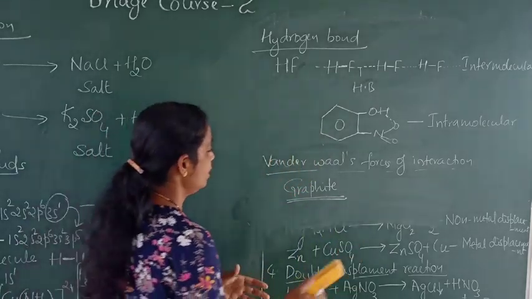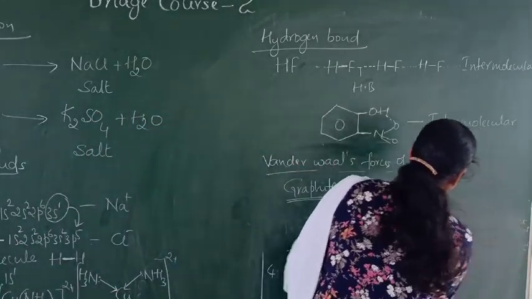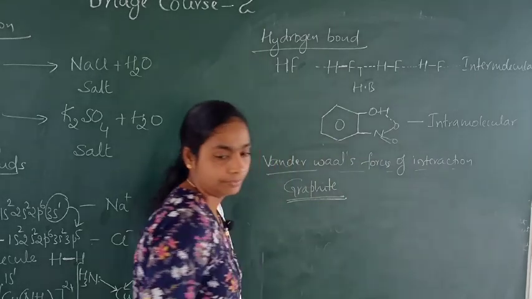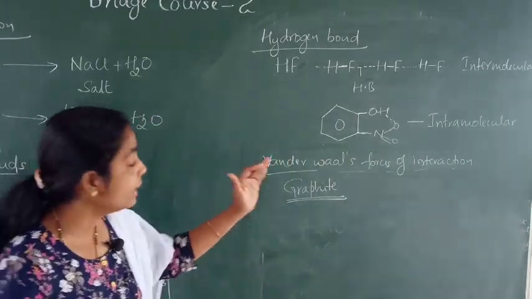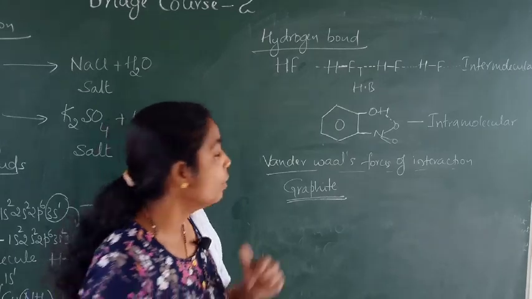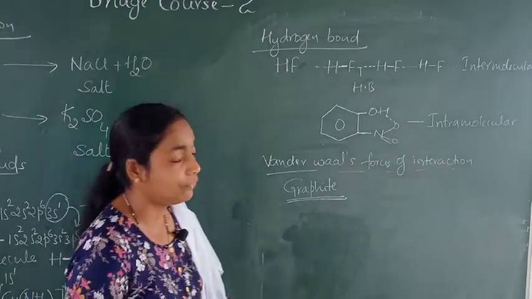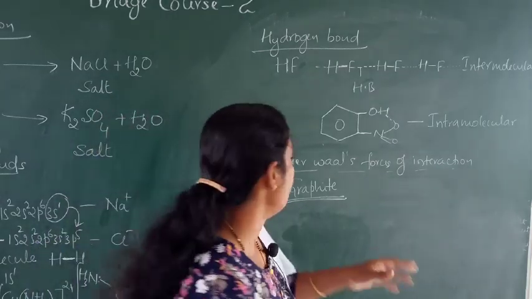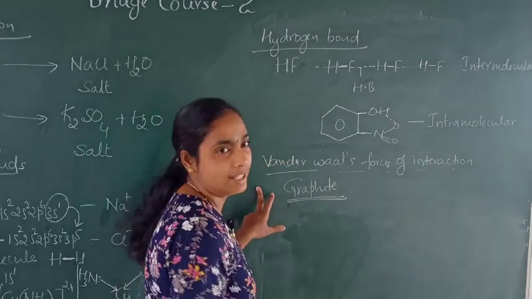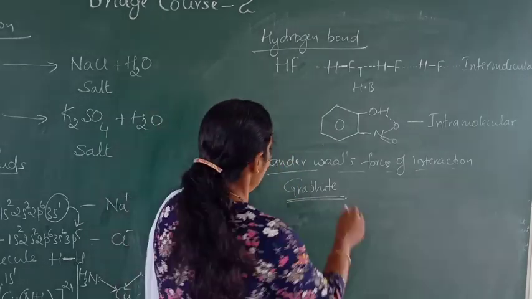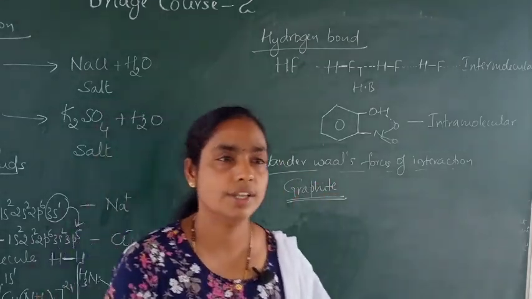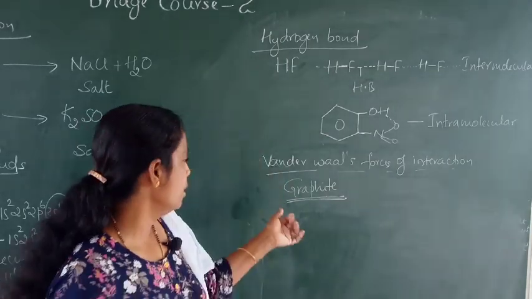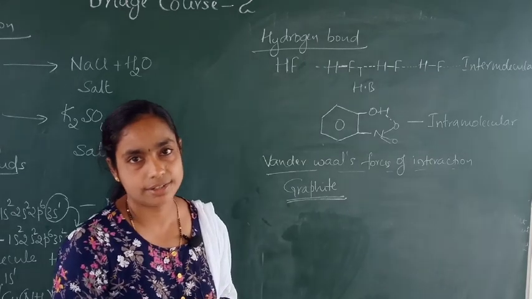Graphite is used in the manufacture of pencil. Say you are using pencils, you are applying pencil on paper. Then what happens? Some of the graphite layers are left on your paper itself. Why are some graphite layers left on your paper? Because in between the graphite layers there is a weak force of interaction, that is van der Waals forces of interaction. So van der Waals forces of interaction is a very weak force of interaction, and that interaction may break very easily. Example is graphite layers. Thank you.